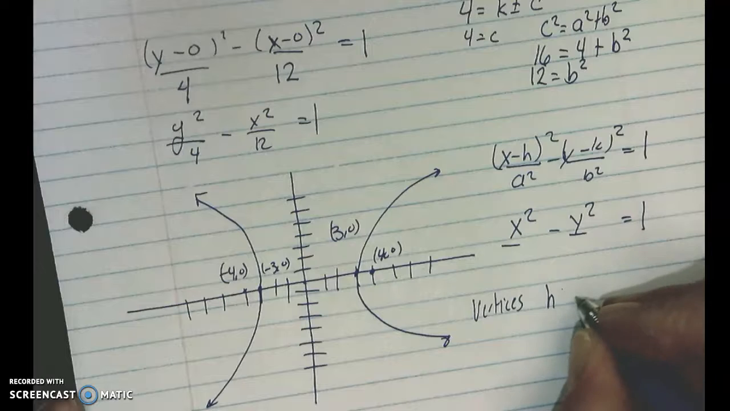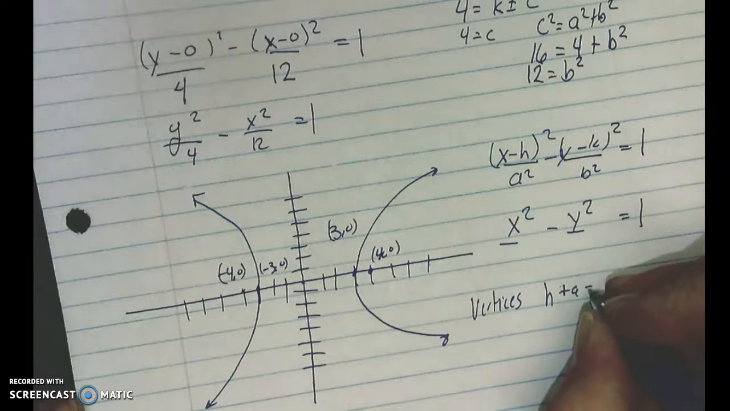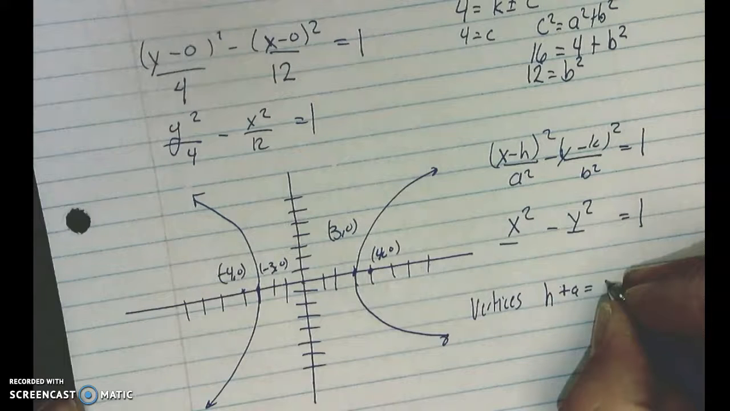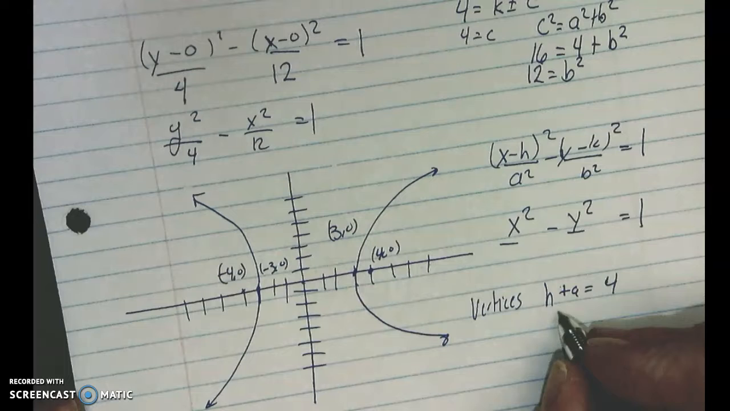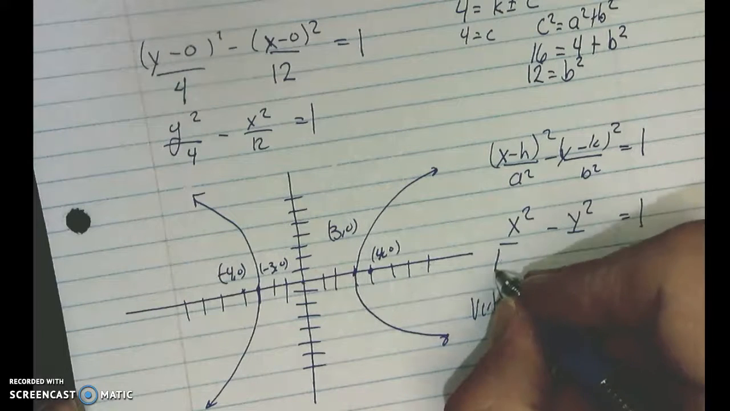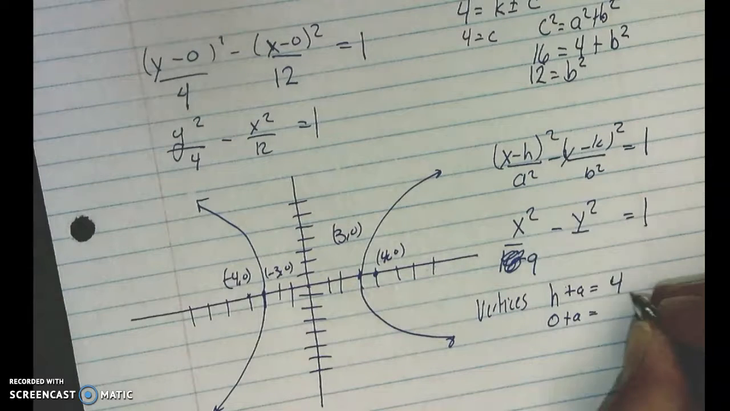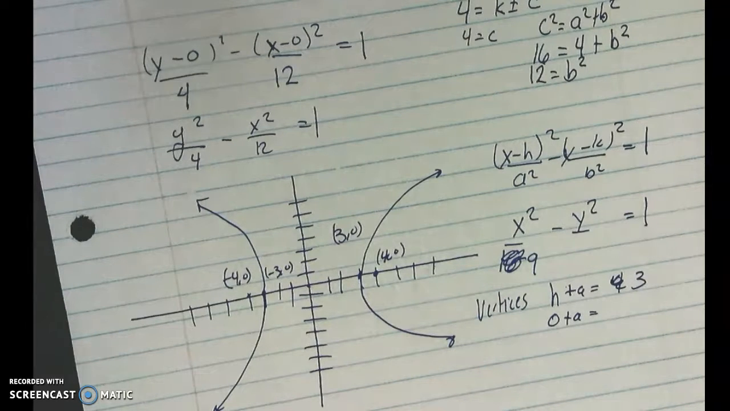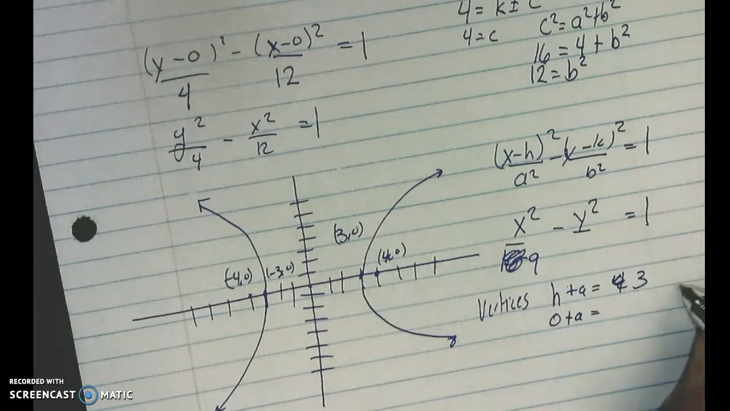So I'm just going to go with h plus a is equal to, for us, it's going to be equaling 4. Okay, so I know that h is 0, so that means that a is 4. So a squared is going to be 16. Oh, that's going to be 9 because that should be a 3. Haha, caught myself. So then that time, the 4s actually are c,